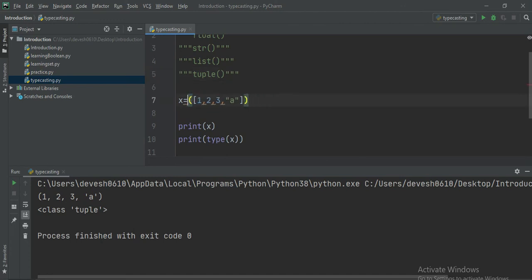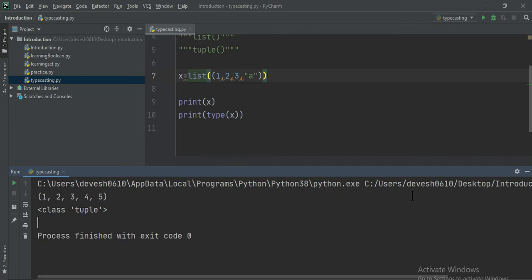Let's do the same thing for tuple and convert this tuple into list. So list function here and run it. So this tuple is now converted to a list. So these are some of the most common typecasting examples on the data types we have learned. Other than that, for instance, I have a number, say let's take a number